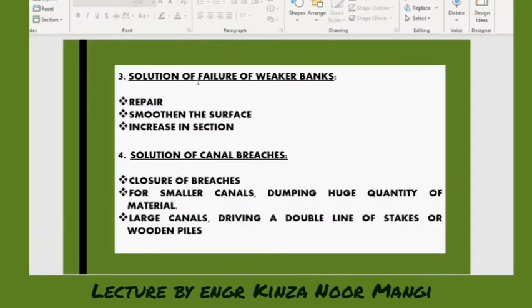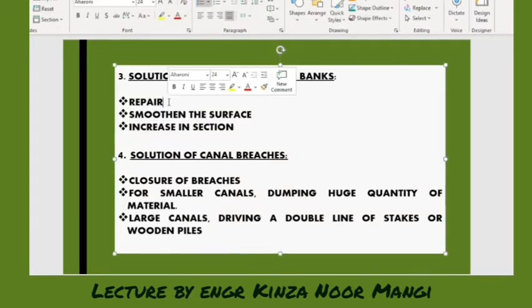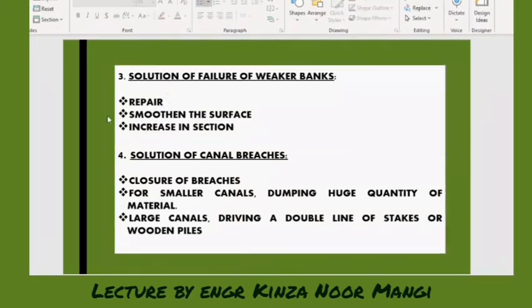Then the third problem is the failure of the weaker banks. The solution is that either we should take a repairing process, or we should do smoothening of the surface. Whenever the canal is constructed, we try to make the surface smooth. While making a smooth surface, one thing should be kept in mind: when we excavate thick bushes or those trees which have deeper roots,